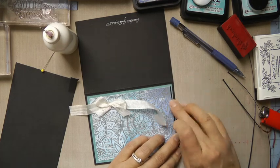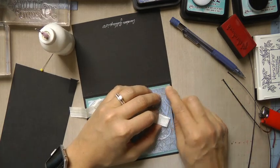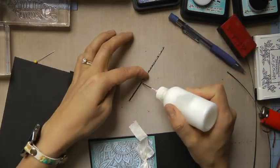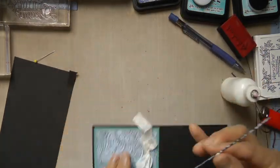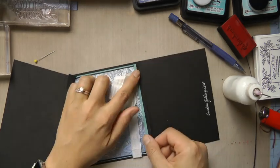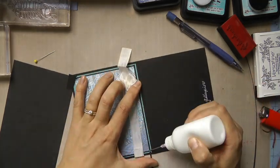So here it is, gluing it down, taking my time to get it as perfect as I can. I love these fine liner bottles. I will put the link to this 2-ounce fine liner bottle down below, as well as the PVA glue that I use. And